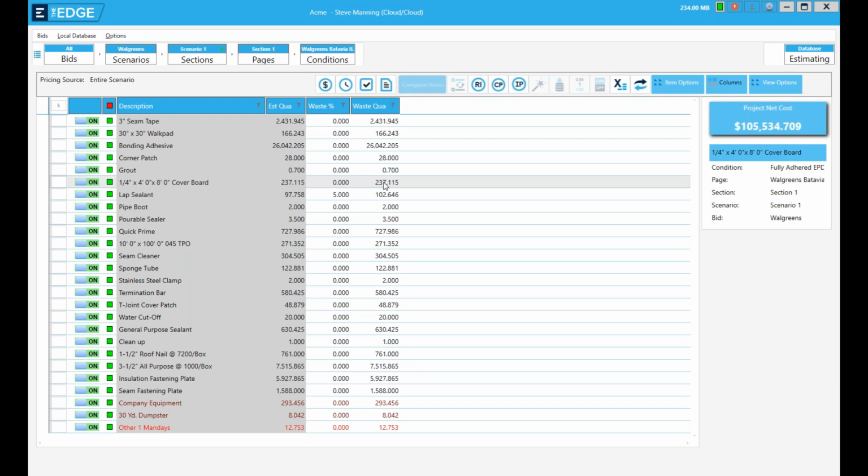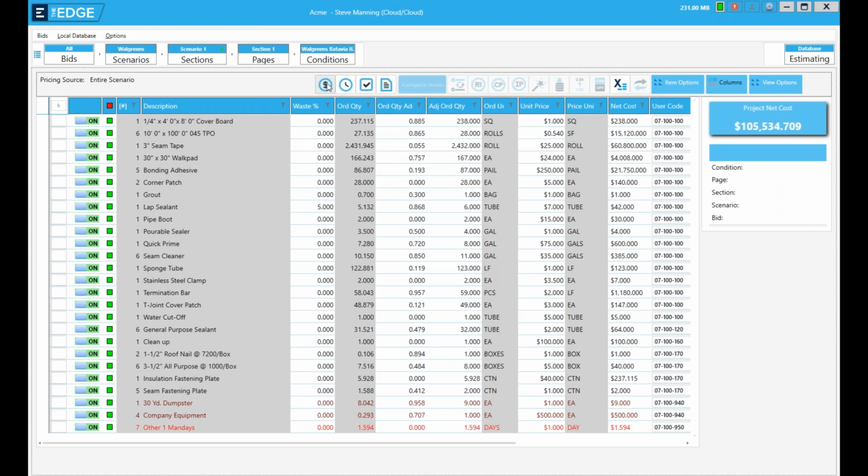The fact that these numbers match is because there is no waste quantity, so it's just giving you what that whole number is. In this case, it's adding 5% to my lap sealant for a new total of waste quantity. To get back to my previous screen, I simply hit the $ again, and that'll take me back to my full pricing view